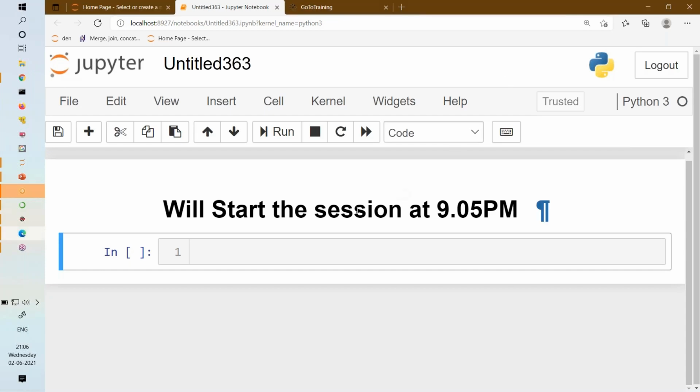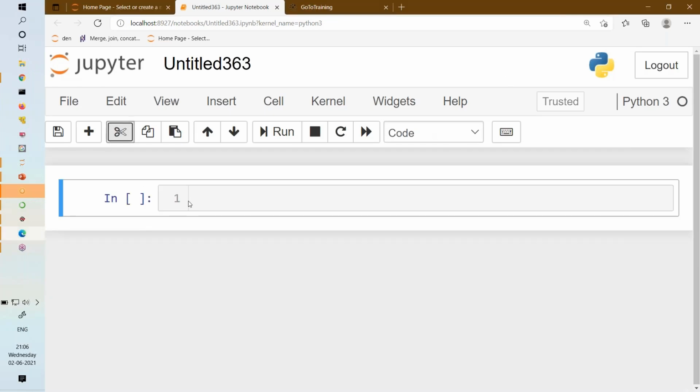Everyone. Okay, so I think yesterday we mostly discussed the installation part, how to install Python in our system. If you have any questions regarding the installation, maybe after today's class you can ask me. But I think most of you will be able to do that because it is super simple, right? We just need to go to the website and download it. But in case you are having any problem installing, you can ask your doubts after the class.